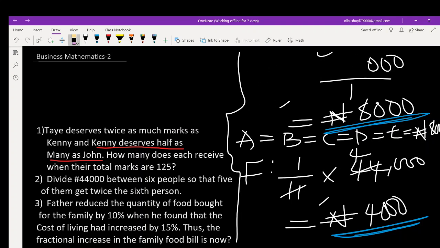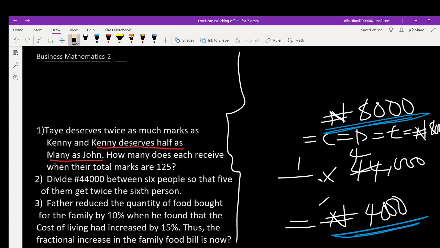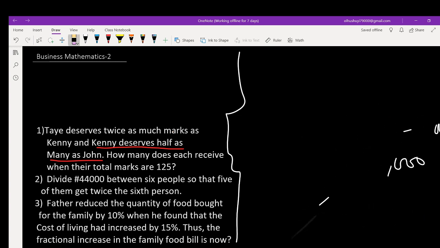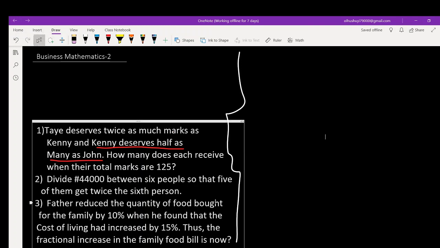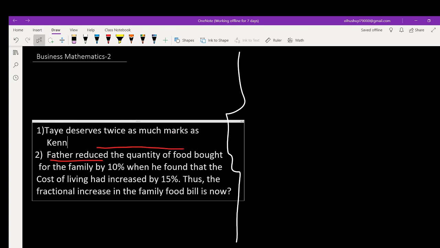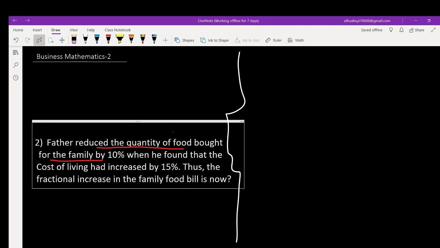So we have this. Let me be faster. The next question says, let me just delete this other question so that we have enough space. The question says, further reduce the costs, further reduce the quantity of food bought for the family by